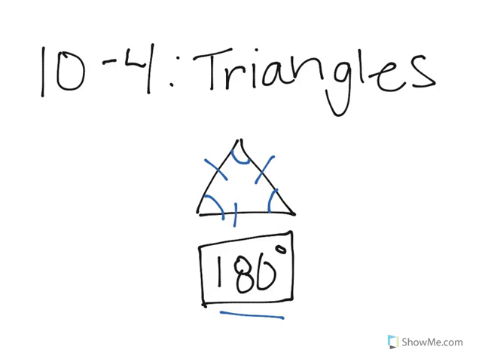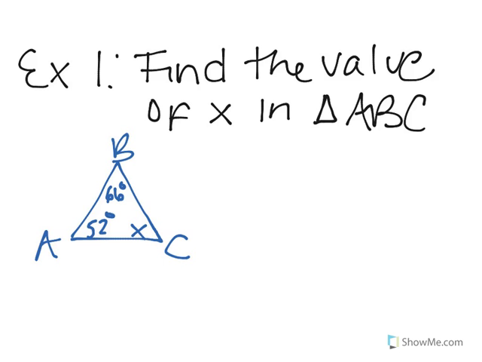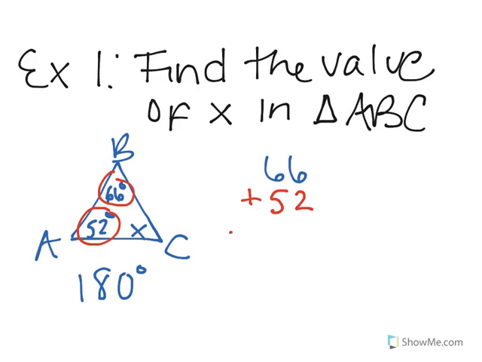So knowing this information brings us to our first example. Example 1 says find the value of x in the triangle A, B, and C. So if you know all 3 angles add up to 180 degrees, then all we have to do is add up the angles that we have. So we're going to take this angle, 66, and then add 52 to it. So I'm going to say 66 plus 52